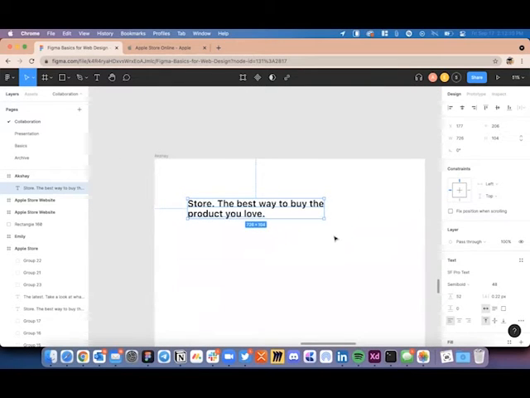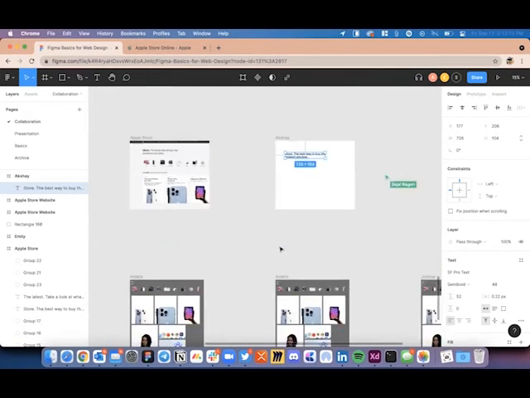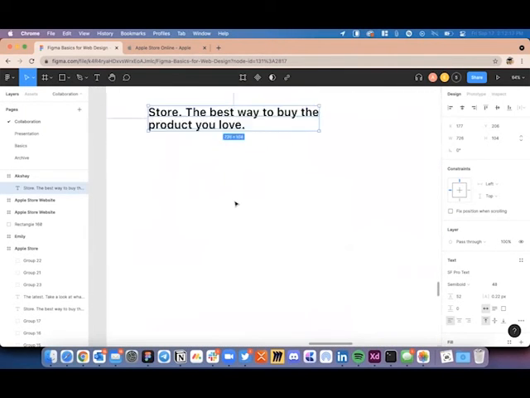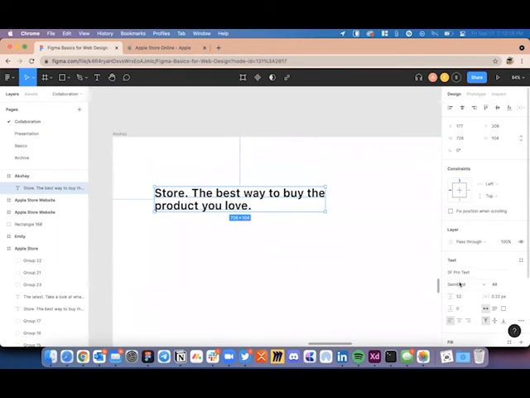If you don't, use Helvetica or Arial. Create this text. Once you have this text in place, go ahead and change the font weight to something similar to bold or semi-bold on the right side, and the font size somewhere around 48.